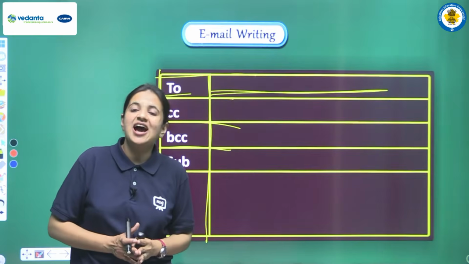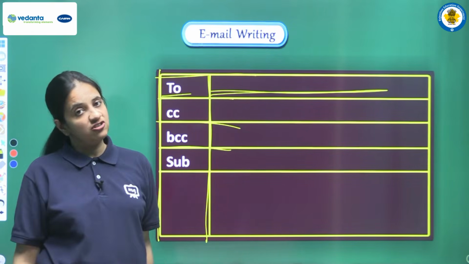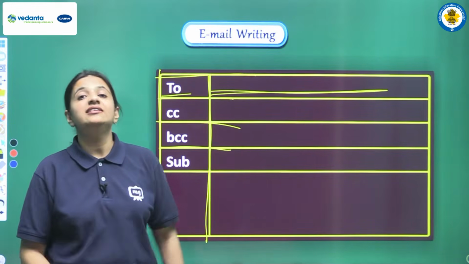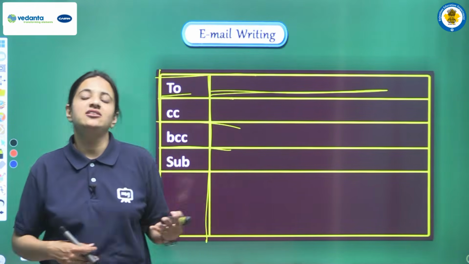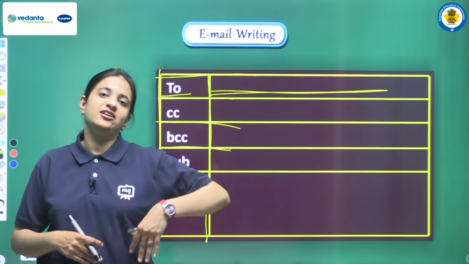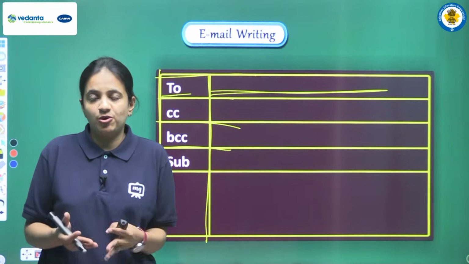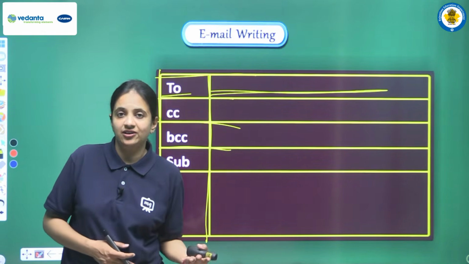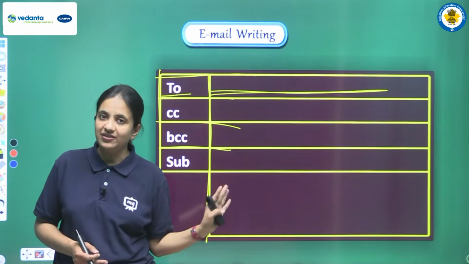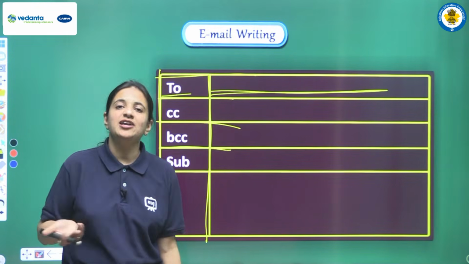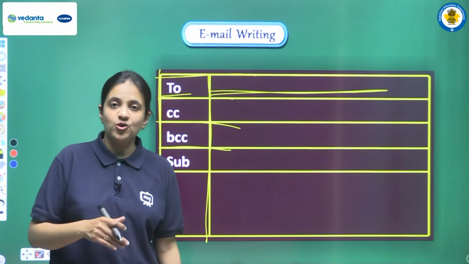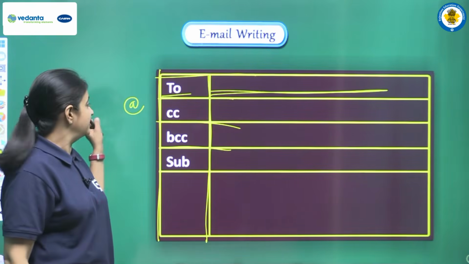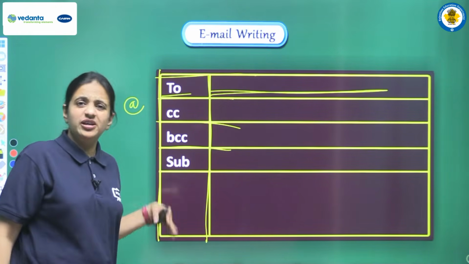Now the question is how can we write the email address? So students, you can choose any email address, but you have to be careful that at the end of the email address you write yahoo.com or gmail.com, because they are the most popular web portals. Just suppose you have to write one email to your friend, and the name of the friend is not given in the question. You can choose any name, like Manisha, and then you write @. I hope it is clear, @. Manisha@yahoo.com or gmail.com.